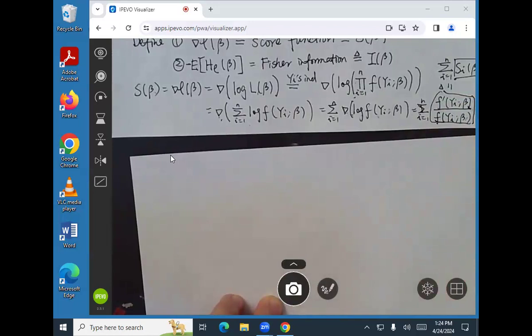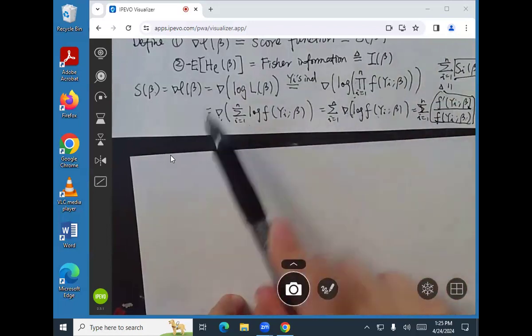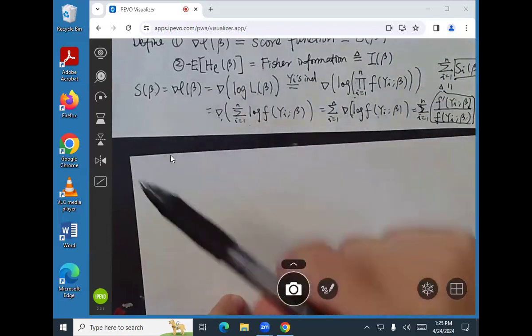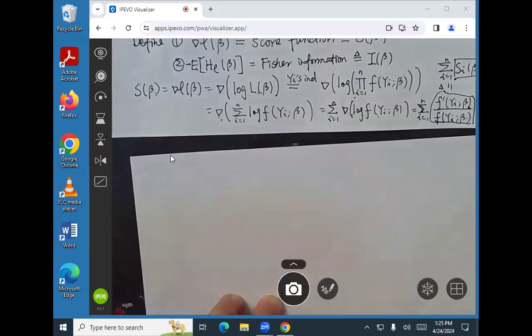That thing follows a chi-square distribution, whose degrees of freedom is the difference of parameters between the two models. So that asymptotic distribution can be derived using what I'm saying here. Basically, what I'm saying here will be a way to derive the asymptotic distribution for the likelihood ratio statistic